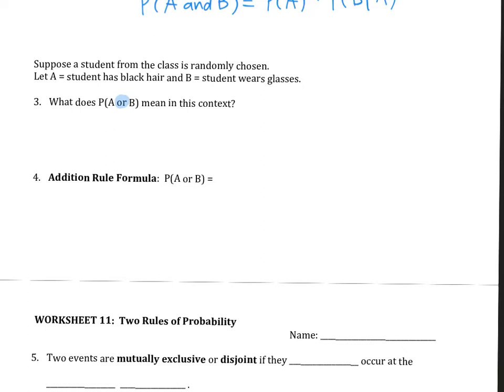If you have black hair but you don't wear glasses, you're included in this group because it says "or." For the same reason, if you do not have black hair but you're wearing glasses, then you belong to this group. If you have black hair and wear glasses, you definitely belong to this group. So here I'm going to say you could either have black hair or you wear glasses,